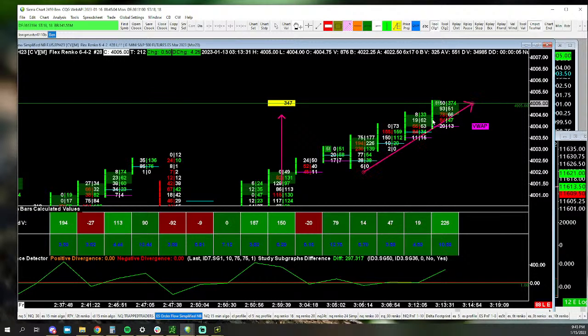Why do we get a bunch of buyers there? Is it because they're interested in the level? Nope. It's because to get through that level, we needed 347 contracts. So there is interest on the level, but we knew that if we're going to trade above this, we would see at least 347 contracts, because that's how much was on the offer, and it had been there since here. So it shows a willingness to trade at that level, but it doesn't necessarily mean that that's fair value. It simply means that they took that liquidity, which is what the market generally does: it seeks out liquidity, and it took it. Now, what we want to do is see what happens above that.